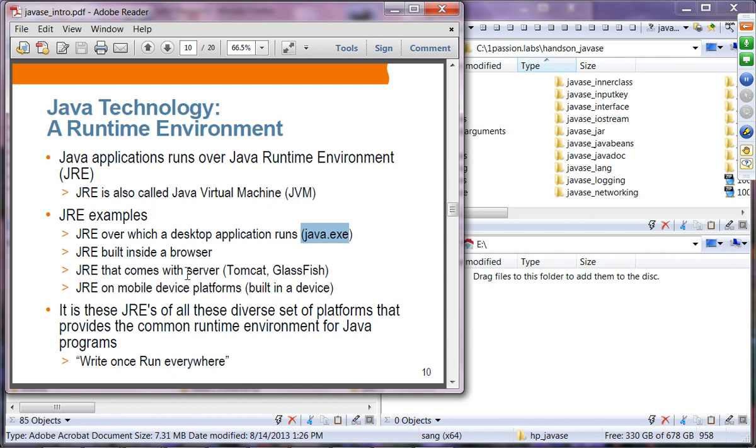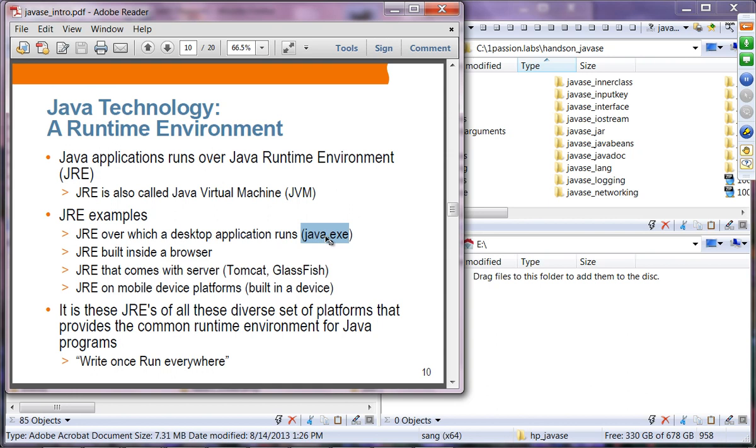Again, the easiest way to understand a Java runtime environment is to think of it as a virtual operating system. It is the JREs of these devices and platforms that provide a common runtime environment for Java programs. So once you have a single Java binary file, that Java application should be able to run on different platforms. For example, if you build a Java application, it should be able to run on Windows, Mac OS and Linux, because each of those platforms has its own version of the Java runtime environment.